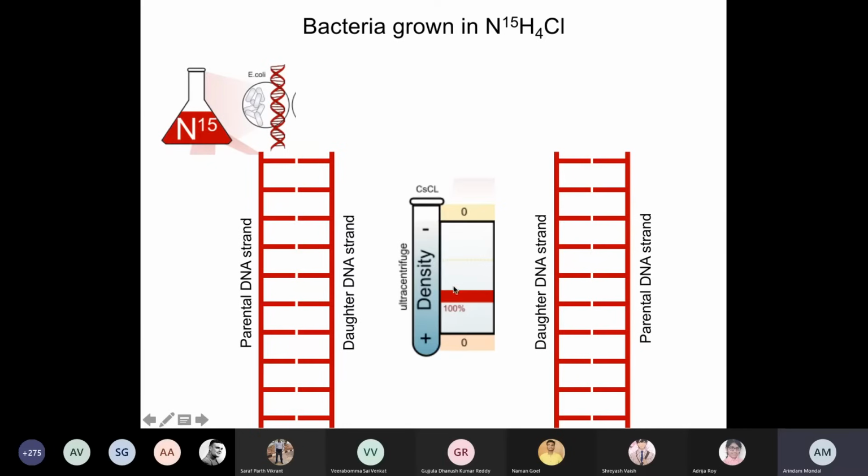So say for example, you collect the bacteria, you isolate the DNA from the bacteria, and then you lay it over at the top of this particular gradient. If you perform the centrifugation process, the entire DNA will be penetrating through the gradient, and subsequently it will settle, or equilibrate, in the gradient at a certain distance. Everything is N15 labeled, so depending upon its molecular weight, it will settle in the gradient.